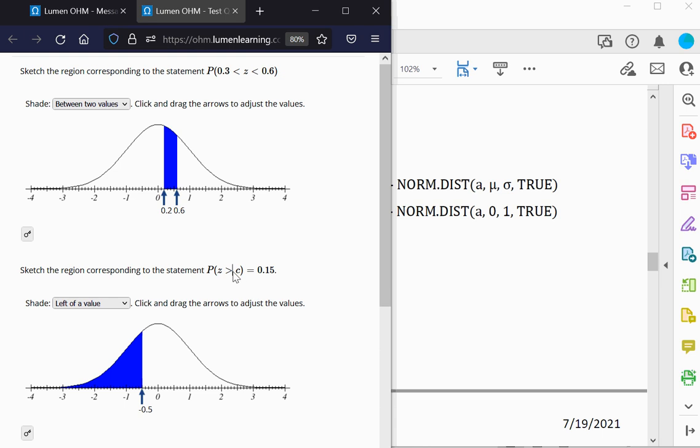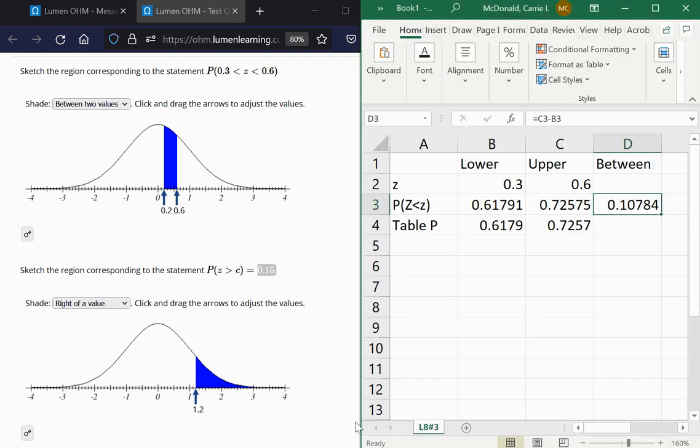Well, this greater than symbol means we're shading to the right, and that the area to the right is 0.15, which is less than half, so we know it's over here somewhere. Okay, but we want to know exactly where to leave this slider. Now, if the area on the right is 0.15, then the area on the left must be 0.85. So I'm going to come in